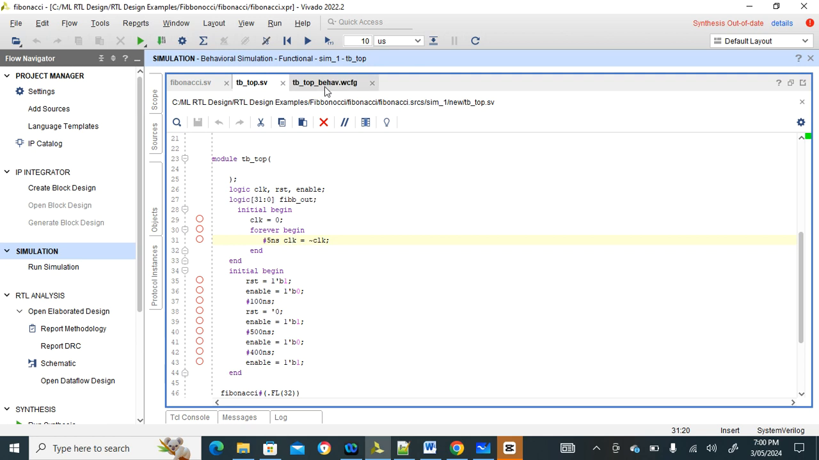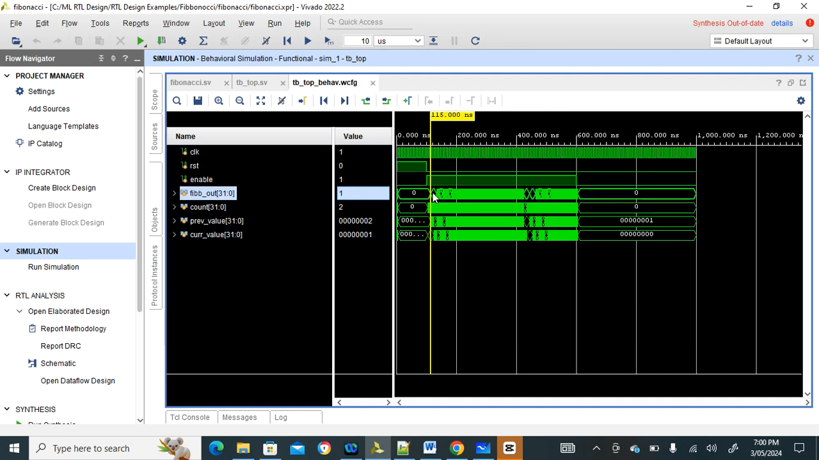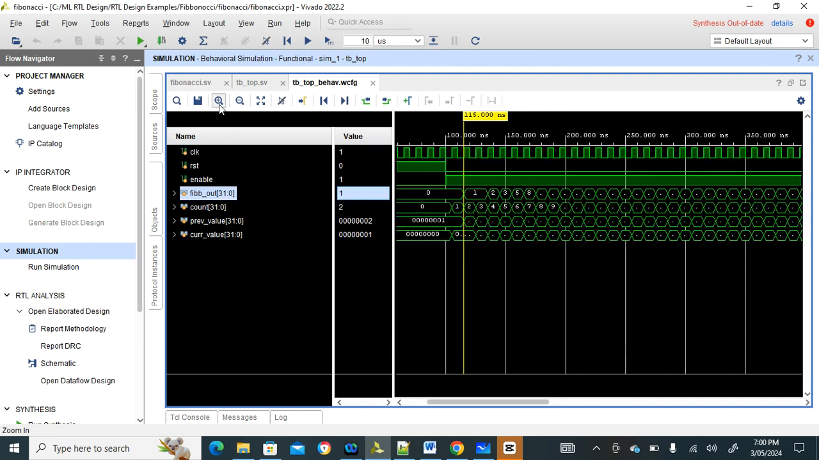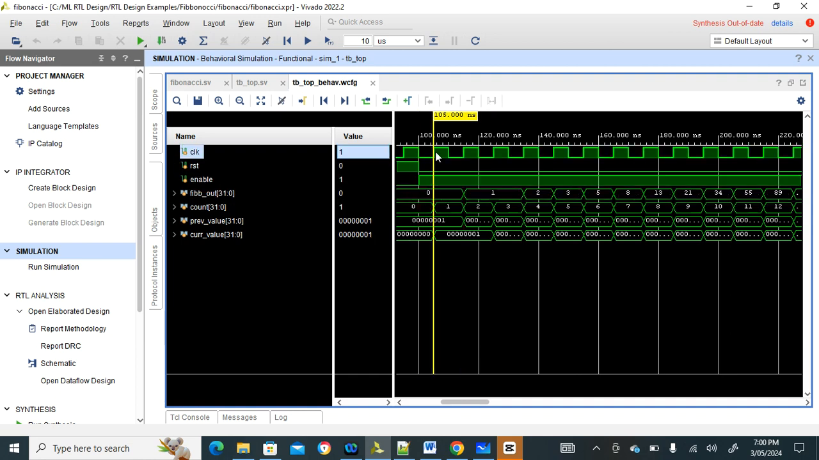Let's see the waveform. So you can see enable started from this clock cycle. Here enable is started, but it's a negative edge, but we are working on positive edge. So enable is started from here, so your first output will be this one. At this clock the output is 0, and at this clock 1, and at this clock again 1. So 1 will be high for 2 clock cycles, then 2,